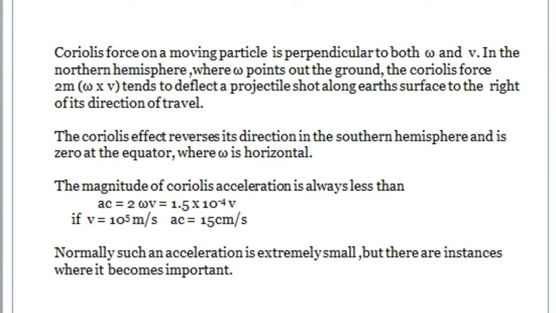Okay. Then we are simply giving some values to calculate the Coriolis acceleration, which is 2 omega v. So we got the final expression as 15 centimeter per second. That means in a single second there is a small deviation. Its value is 15 centimeter. That's extremely small, so it can be neglected, but there are such cases where it becomes very important. Okay.